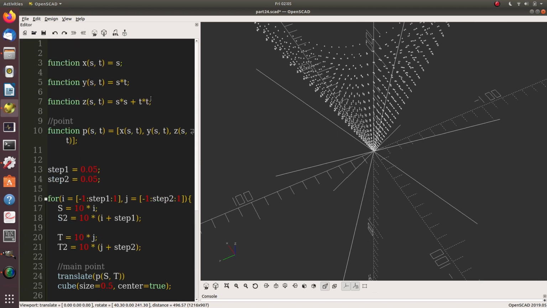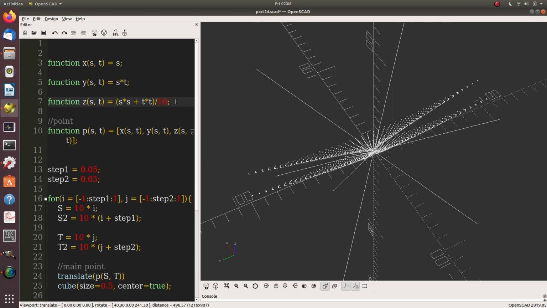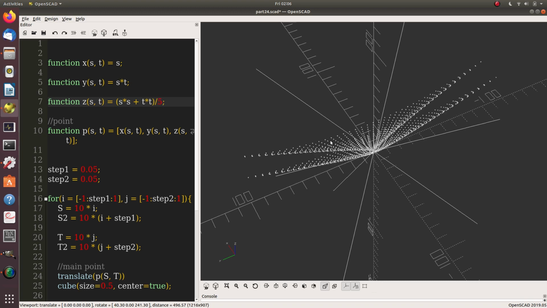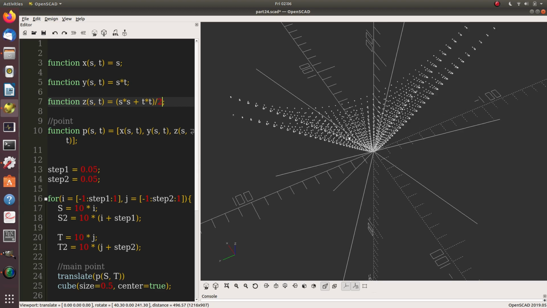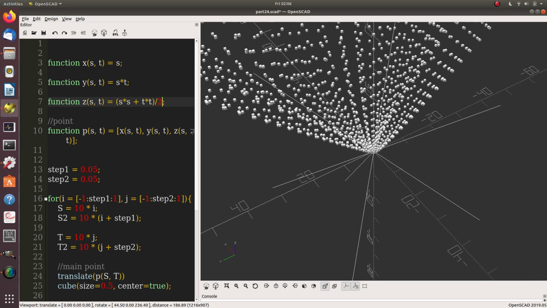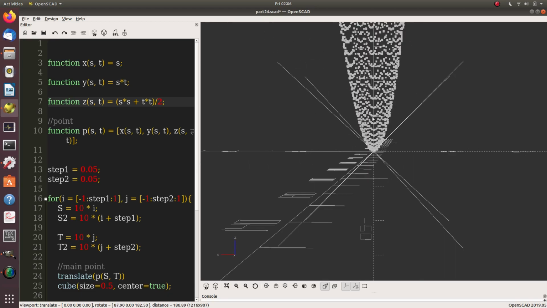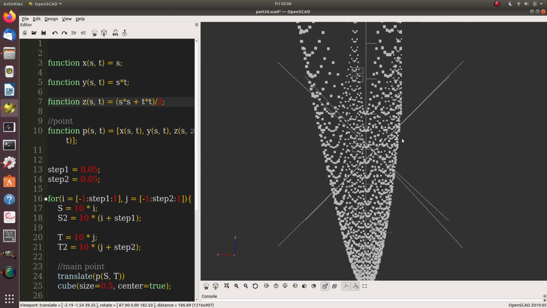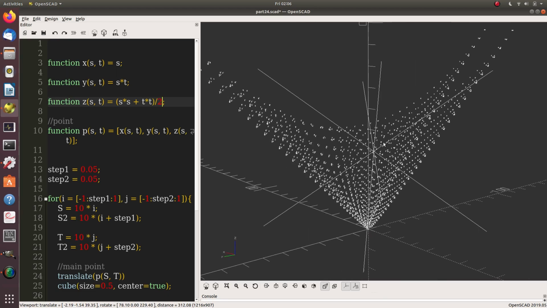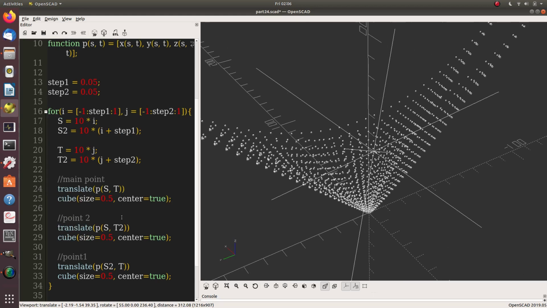Now this is kind of tall. Maybe I'll bring it down just a little bit so that it's a little more visible. Nope, too much. Nope. There we go. It's a little better, just so we can see it. And if I raise this. Okay. All right, so now we actually have enough points